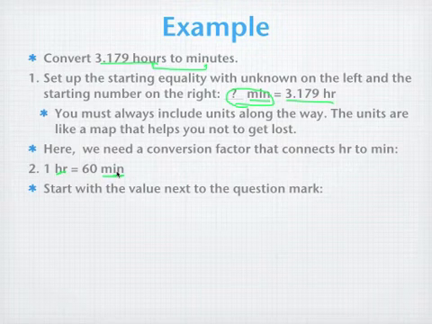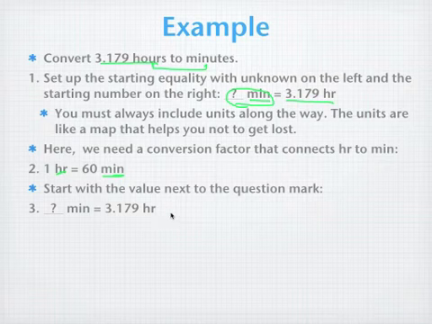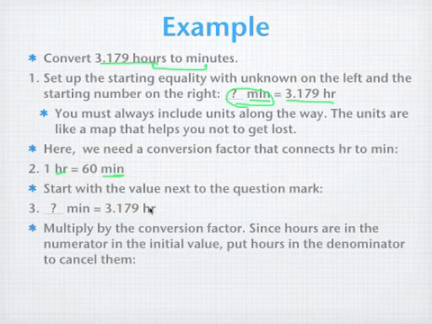So let's start with the value next to the question mark, as I said, set it up here. Now we're going to continue the calculation to the right here. This is merely our starting point. Our conversion factor is going to be multiplied. You're always multiplying by the conversion factor, but what you want to do is recognize that since we have hours in the numerator, we want the conversion factor that has hours in the denominator, so it's going